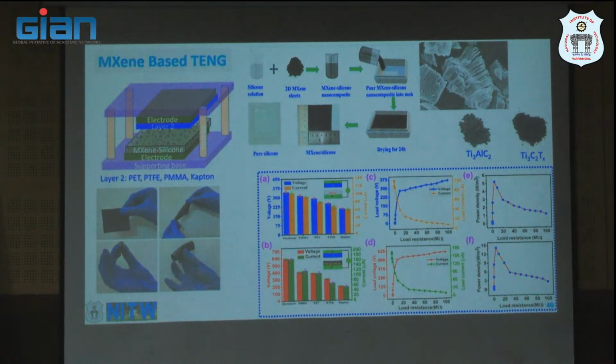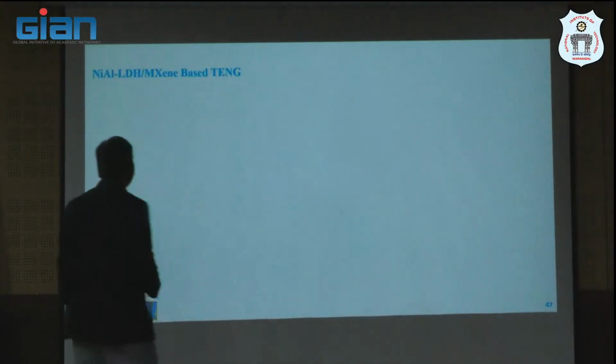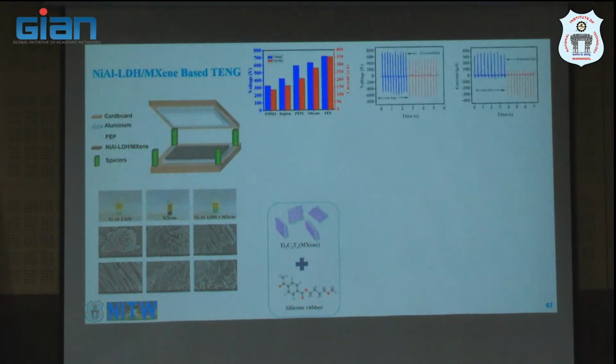Typically these MXenes are negative in nature, they have triboelectric negative nature, and your silicon material is also a triboelectric negative material. When you add one negative material to the other negative material, its negativity will improve a little further. So as a result you are going to see improved performance from 5 watt per meter square to 15 watt per meter square. This we used for different applications I am going to show you, and later we explored double layer hydroxide with the MXene sheets. We improved further to almost 35 watt per meter square,